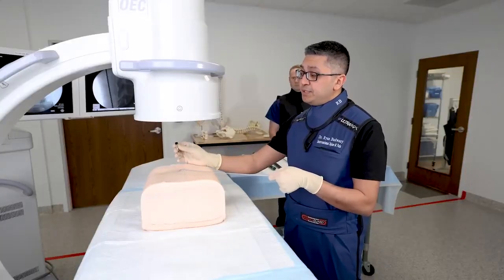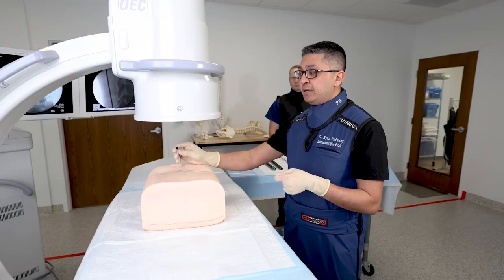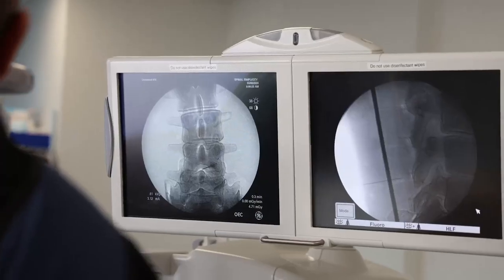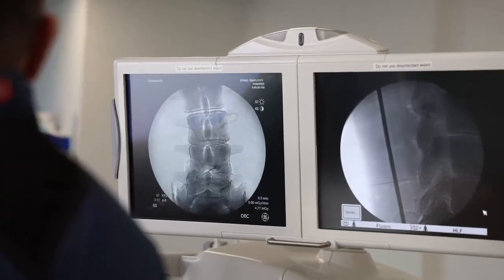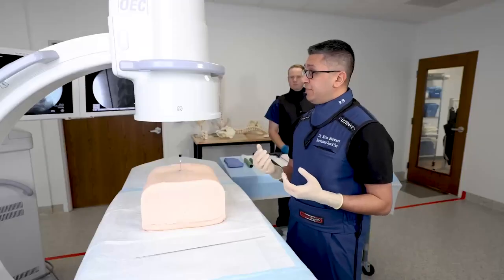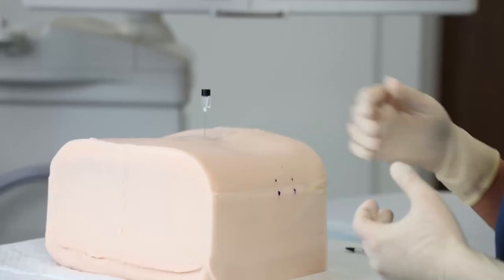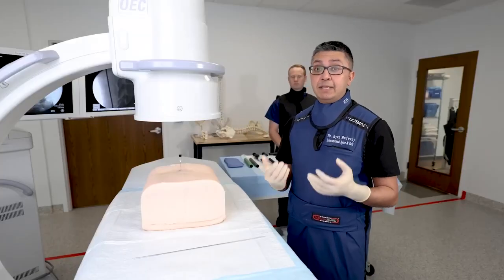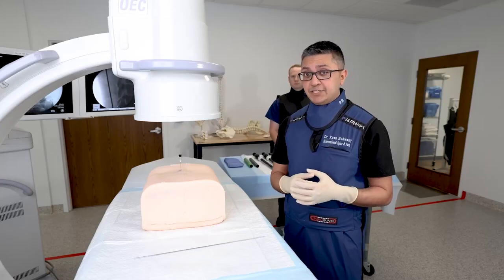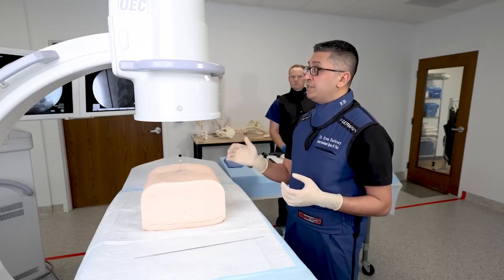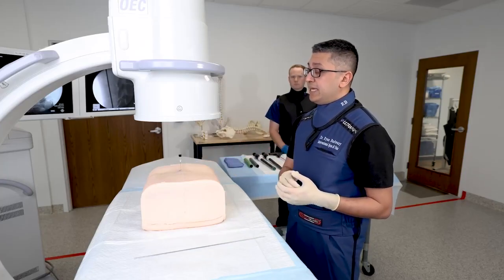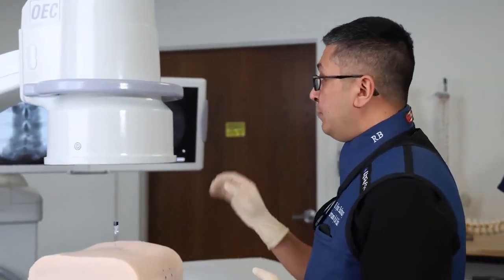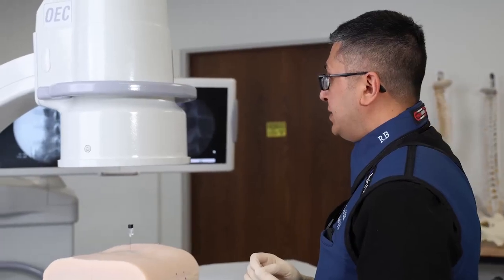The spinal needle is really important because, like we spoke about earlier, it helps us to identify the area, and it's going to serve as a landmark until we can get the guide pin in place. Once we get to this point and we've identified the area, we want to make sure that we've anesthetized the skin pretty well. Most of these patients are either going to be in MAC anesthesia or in general anesthesia. Regardless, we want to make sure that at any point we've identified the landmarks, we've anesthetized the skin prior to penetrating it, and then we've identified the exact area that we need to be at.